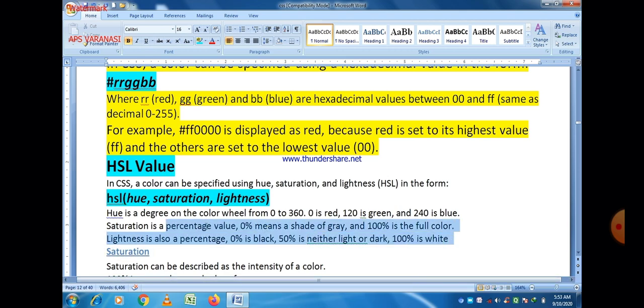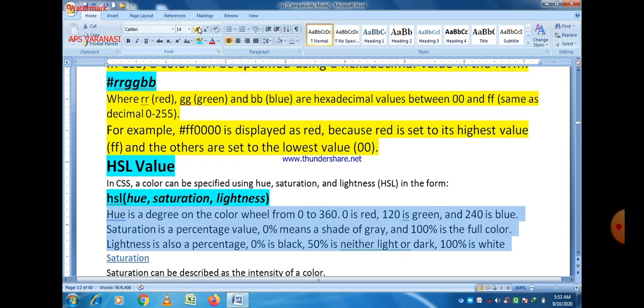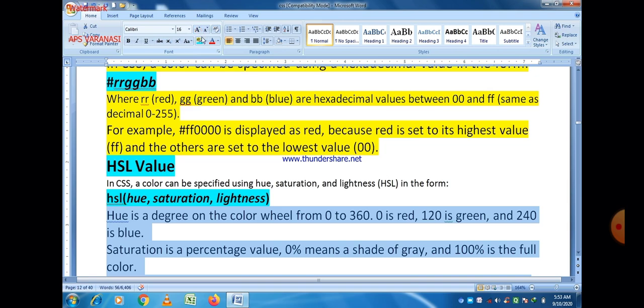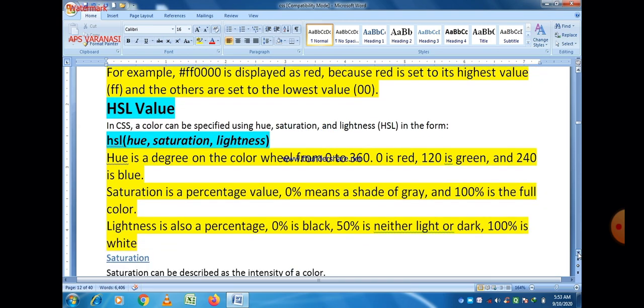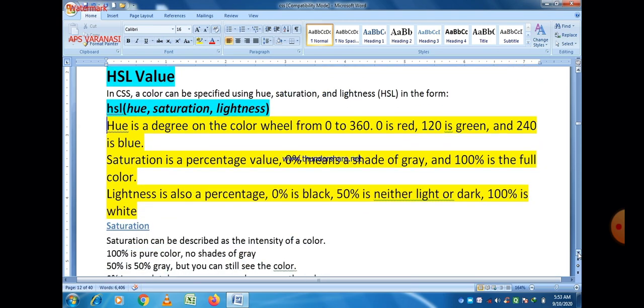Saturation is a percentage value. 0% means a shade of gray, and 100% is full color. And third is lightness. Lightness is also a percentage. 0% means black, 50% is neither light nor dark, and 100% is white. So we can represent a color using HSL, meaning hue, saturation, and lightness.